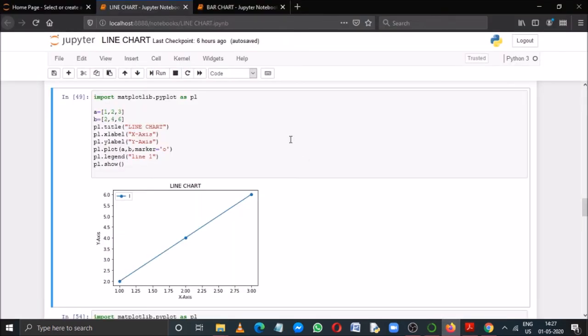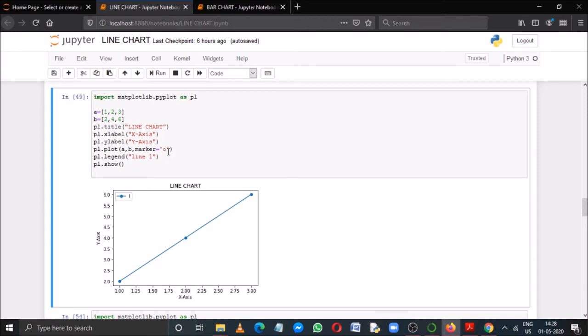Now see, in this program, the program is same. The only difference is I have passed here the argument called marker in the plot function, and I wrote here marker is equal to within single quote O. That's why the bigger circles are appearing at the actual coordinates.